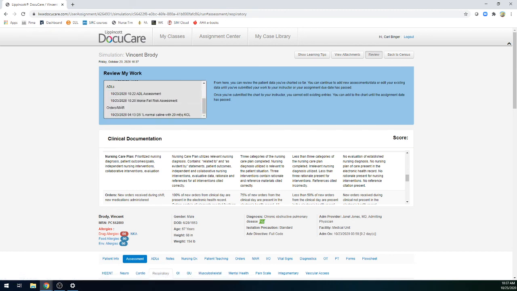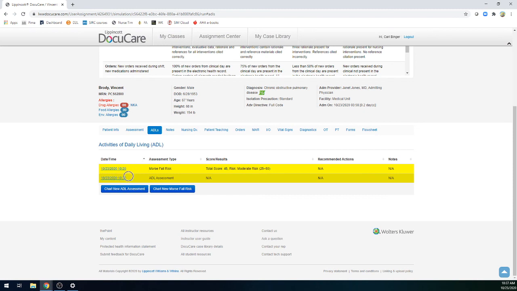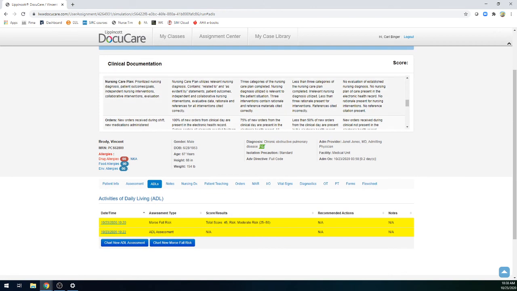So I get the same view as you here. And what I do is I will click on, like, the ADLs, for instance, and it takes me to your ADLs that you charted. See how they're in yellow? This is what was charted. That's how I go through